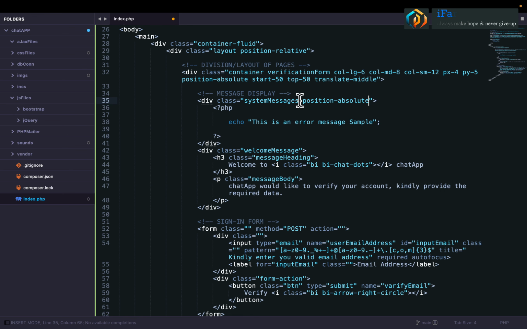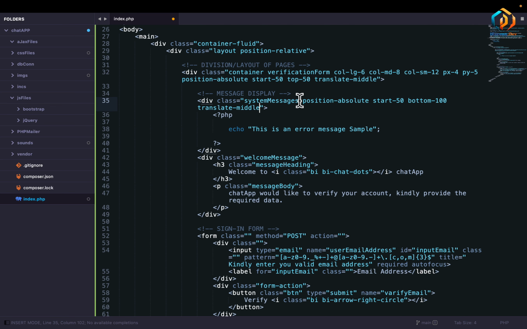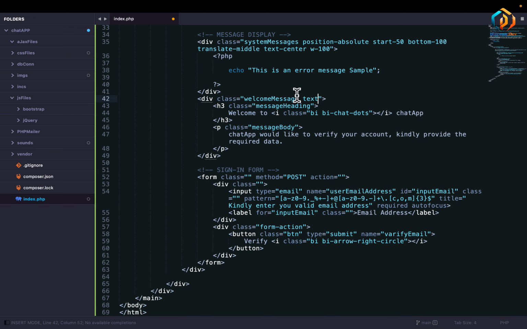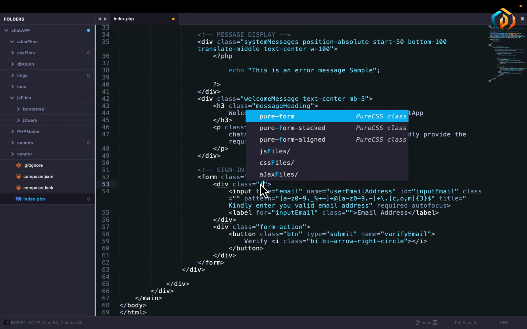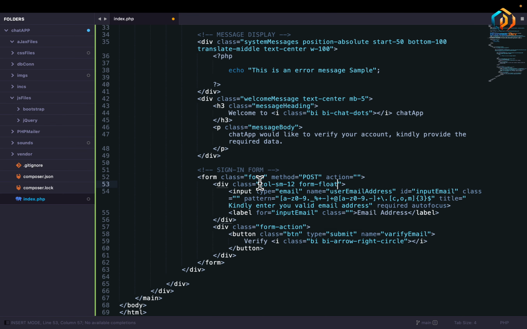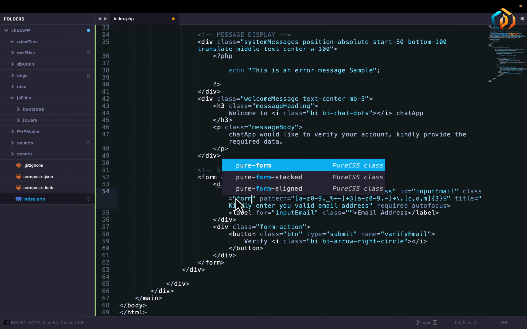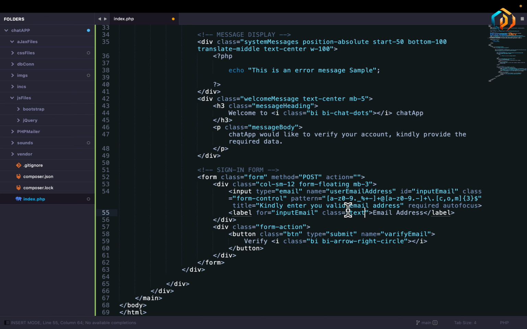Shifting the system messages also to the center of the page. Welcome messages text to center. And form padding, form control, text dark,